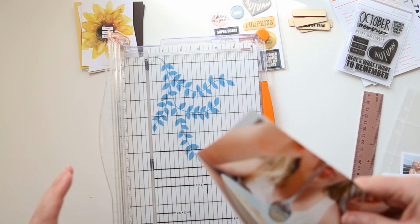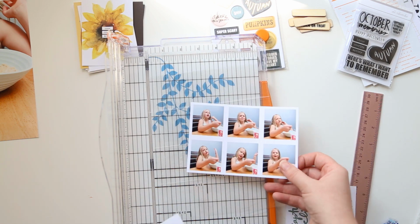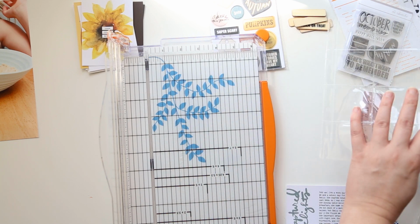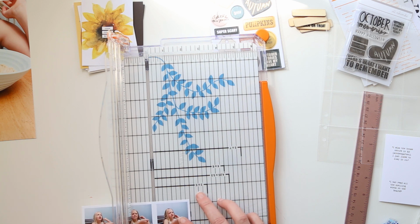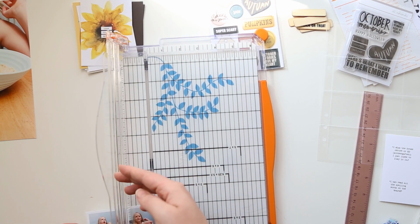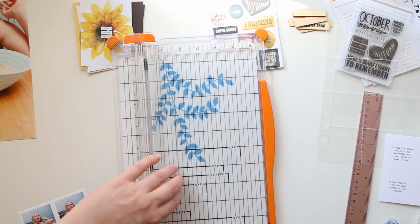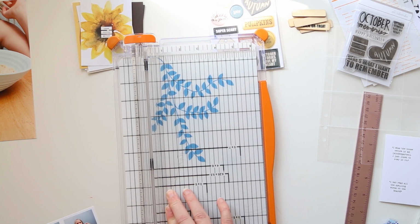This is a picture of my daughter eating breakfast one morning. The whole story that goes along with this layout is that in the mornings, I am really not much of a morning person, and this is going into my album from September 2019 last year. It was a work day for me and a school day for her, and we sat down at the breakfast table and I'm eating quietly to myself, and she comes and sits down beside me with her breakfast, and the entire time she's just chattering away about all